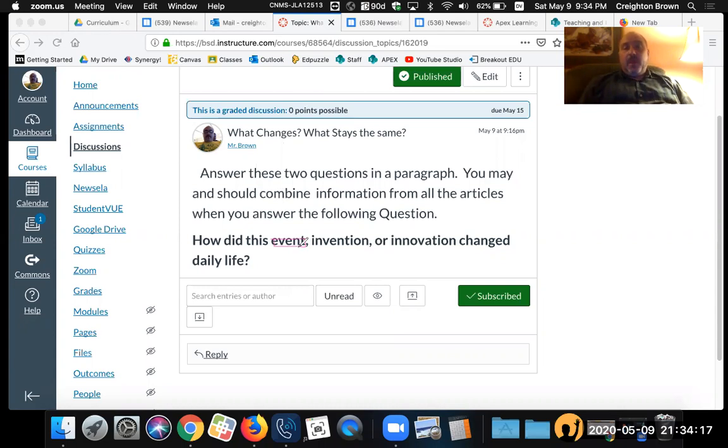Now, an invention is a thing. An invention is something that never existed before. And during this period of time, there were inventions like the telephone, the automobile, the combustion engine, the cotton gin. It's like the first time it was ever created. So it was brand new.